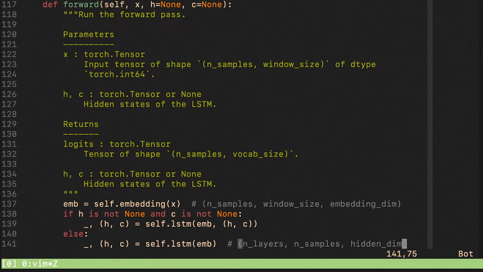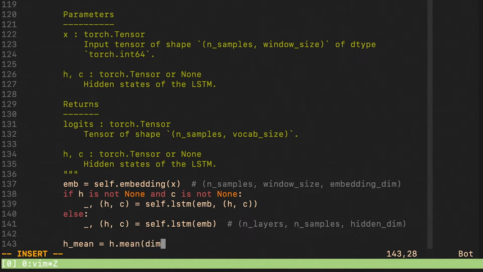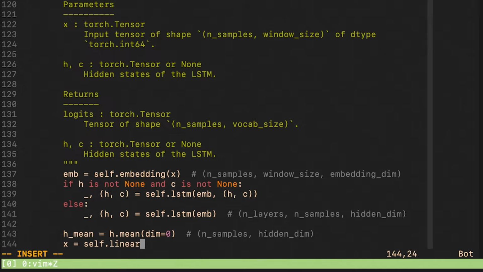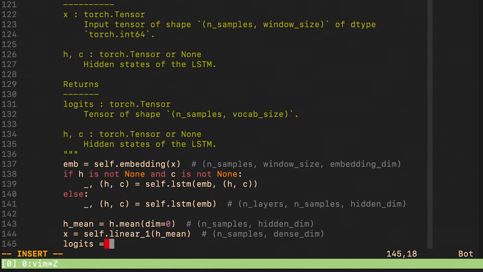Here we take the character embeddings and we run them through an LSTM network. We average over all layers. We use both of our linear layers, and at the end, we end up with logits.